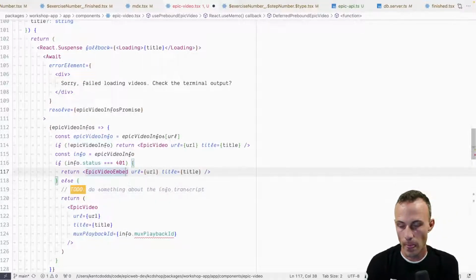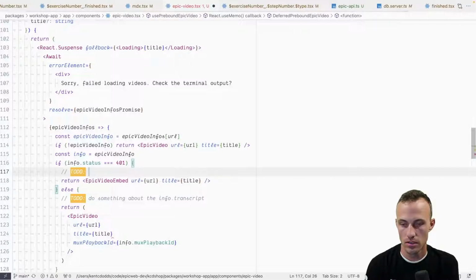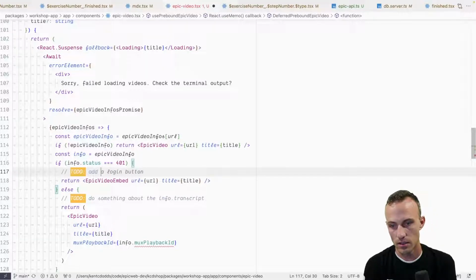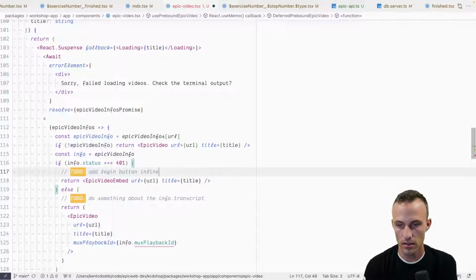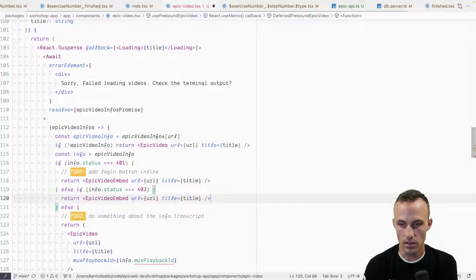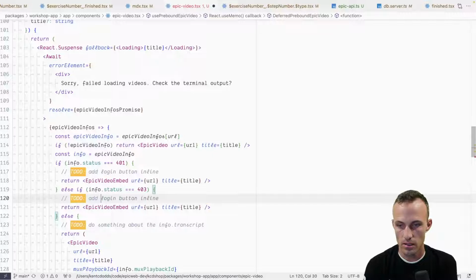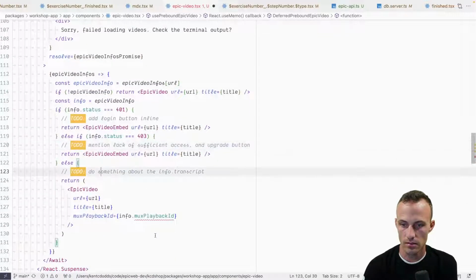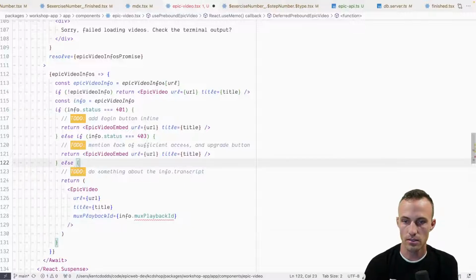then to do: add login button inline, else if info status 403, we'll do the same thing. To do: add or mention lack of sufficient access and upgrade button. Okay. And then otherwise,